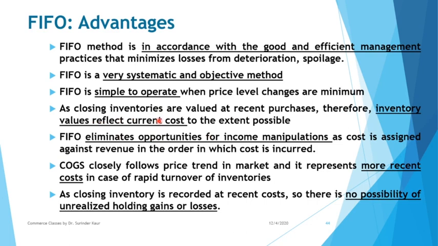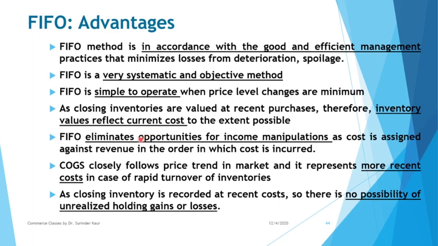That is, if you want to buy stocks now, what is the price? It will be the latest price, and that is what you have considered to measure the inventories. Now, this will take you to a drawback of this system also, because if your closing inventory is measured at current cost, it means cost of goods sold is measured at the outdated cost or old cost. Now, that will imply that matching is not there.